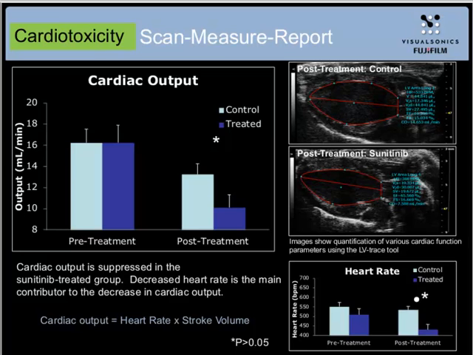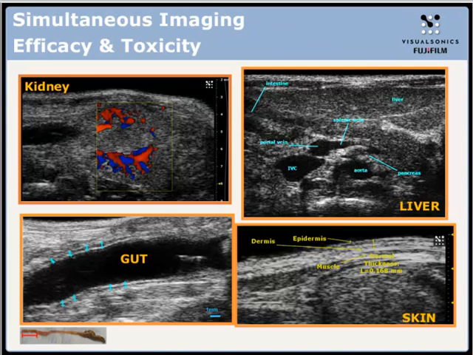The measurements can be done, they can be reported, and as we'll see more examples of later, how this data can be interpreted, as well as how all that data can be brought together and managed for very large-scale studies, looking at large treatment groups, in many cases hundreds of animals, to look at these trends across a large population. When taken together, looking at efficacy and toxicity, critical pieces of any drug development, drug discovery study,